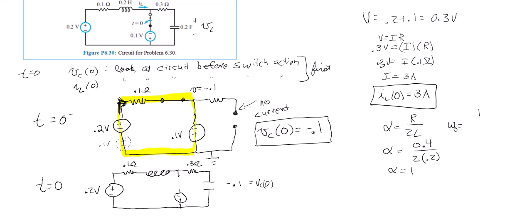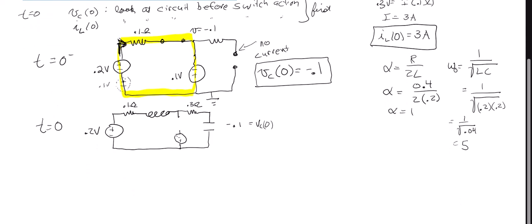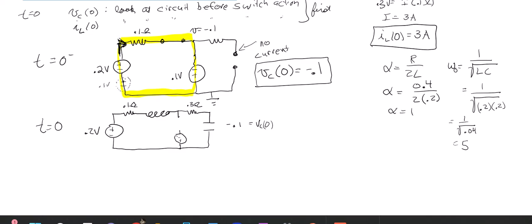Omega naught is 1 over the square root of LC. And L was 0.2, and C is also 0.2. So this is 1 over the square root of 0.04, which turns out to actually just be 5. So just getting some normal kinds of numbers. Okay, so now we have alpha and omega naught, and